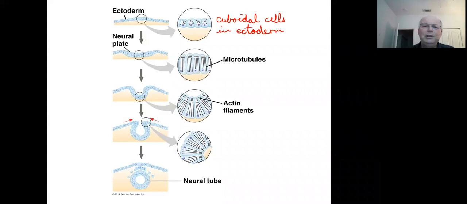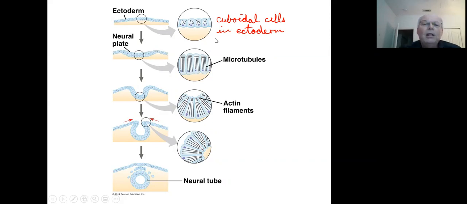And you can see that in those cells, the cytoskeletal components have a very loose arrangement, no really developed organization. As the formation of the neural plate begins, we see the transition of these cuboidal cells into columnar